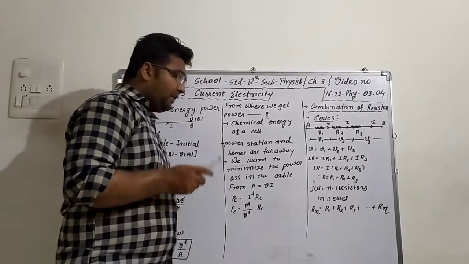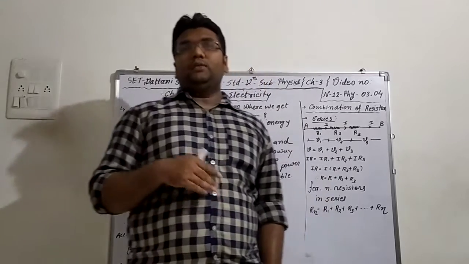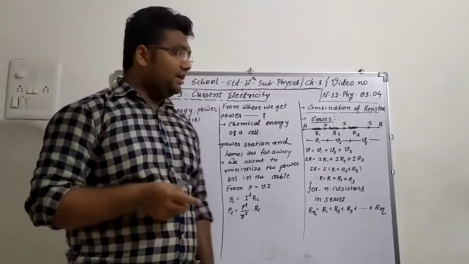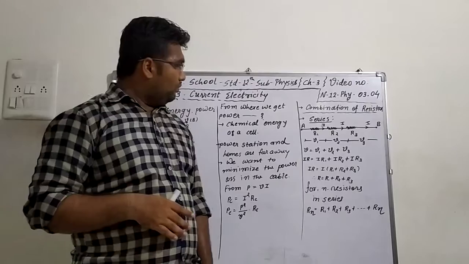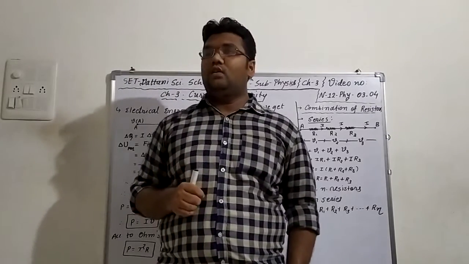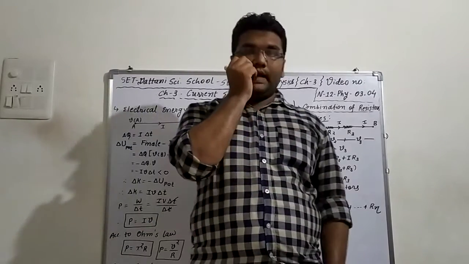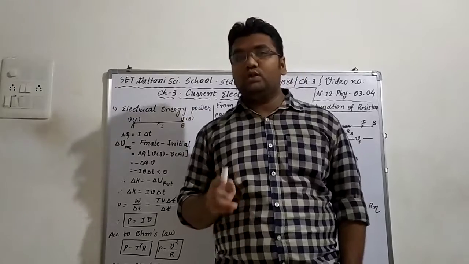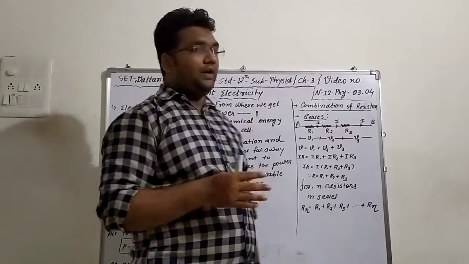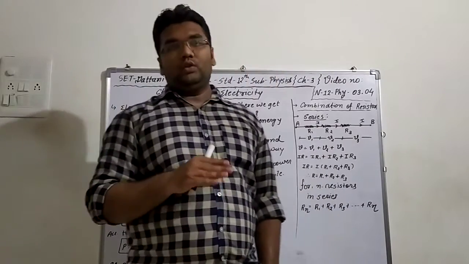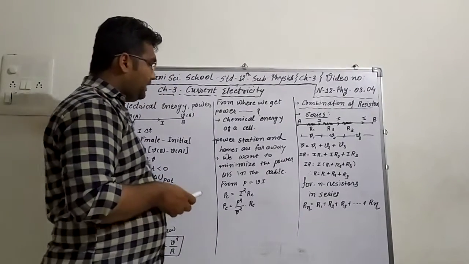So the power station where the power is generated transmits it through the transmission line to our home. We cannot generate a large amount of power in our home. The power stations generate the power and it is transmitted to our home through the transmission lines. Power stations and homes are far away from each other, so the power comes to our home through a transmission line.